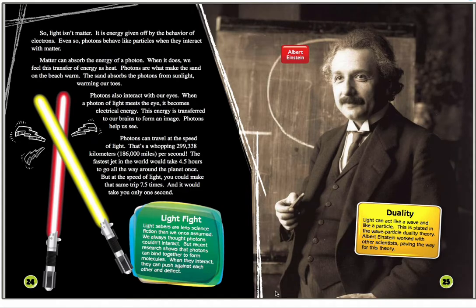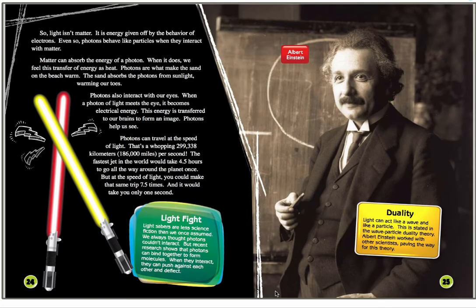Photons also interact with our eyes. When a photon of light meets the eye, it becomes electrical energy. The energy is transferred to our brains to form an image. Photons help us see. Photons can travel at the speed of light. That's a whopping 299,338 kilometers per second, or